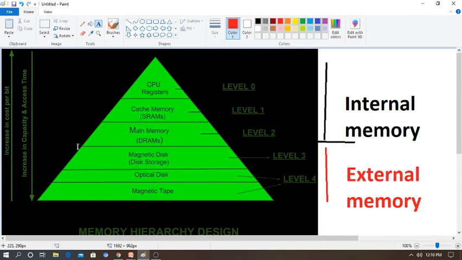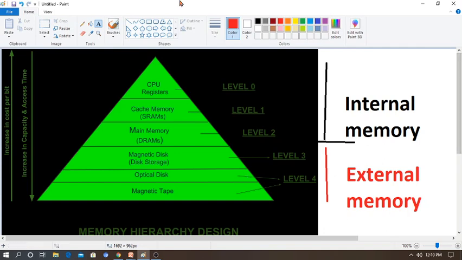Let's see how the memory hierarchy is classified and how it helps to increase the performance of the computer. Can you imagine a computer with only main memory or RAM? Not possible. So we have to consider registers too. Moreover, not only software, you have to know some hardware as well if you want to become a computer techie.